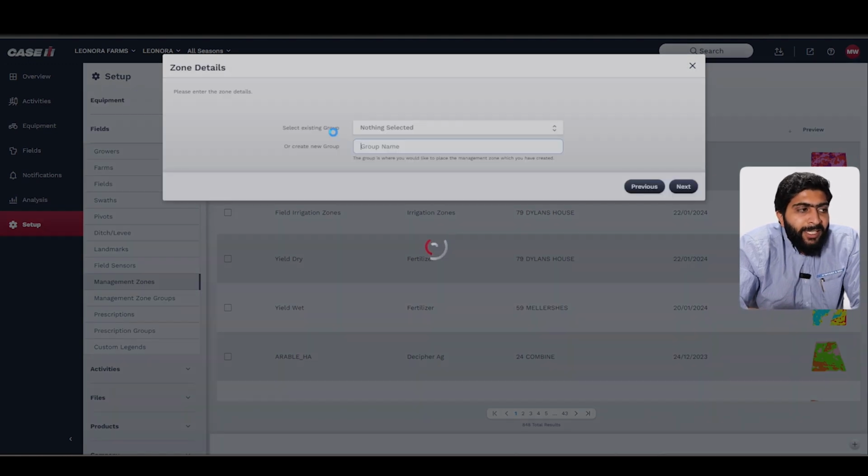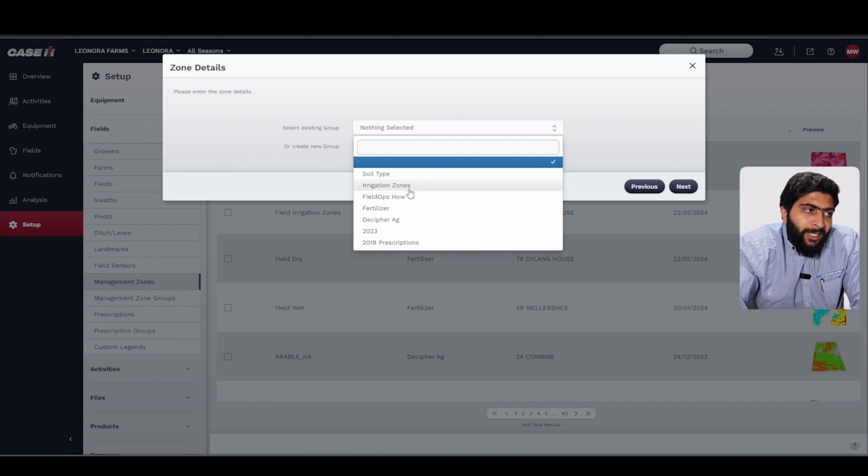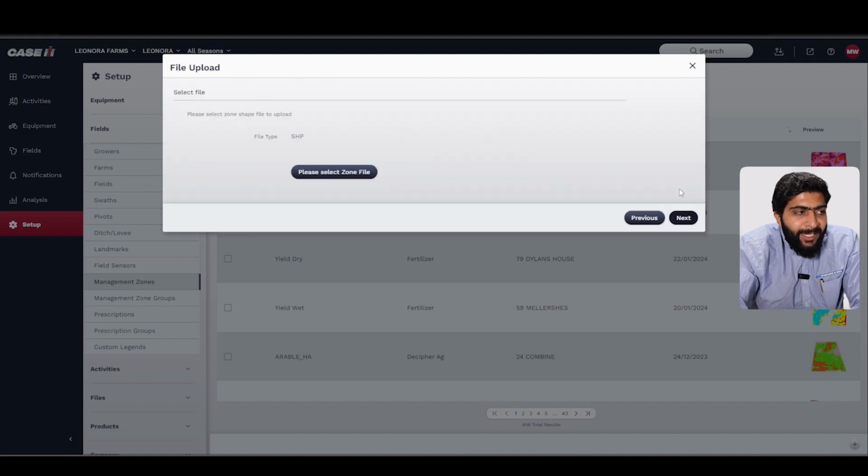So let's say if you have a shapefile from a third-party application as a management zone, you still have to put that in a management zone group, which we have created earlier, and select that group. And if you haven't created one before, you can just write that name in here, and then you don't need to do that process earlier. And then you click Next,